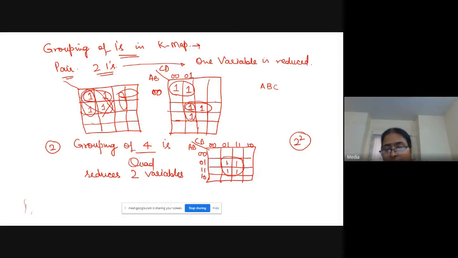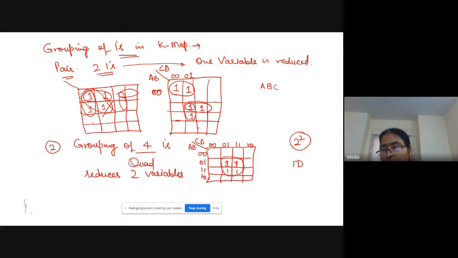Now see, in these two, what is common when you go column wise? C is varying from 0 to 1, D is going from 1 to 1. So D is common, write D here. And when you come from this AB side, A is going from 0 to 1, so it is varying. B is 1 to 1.